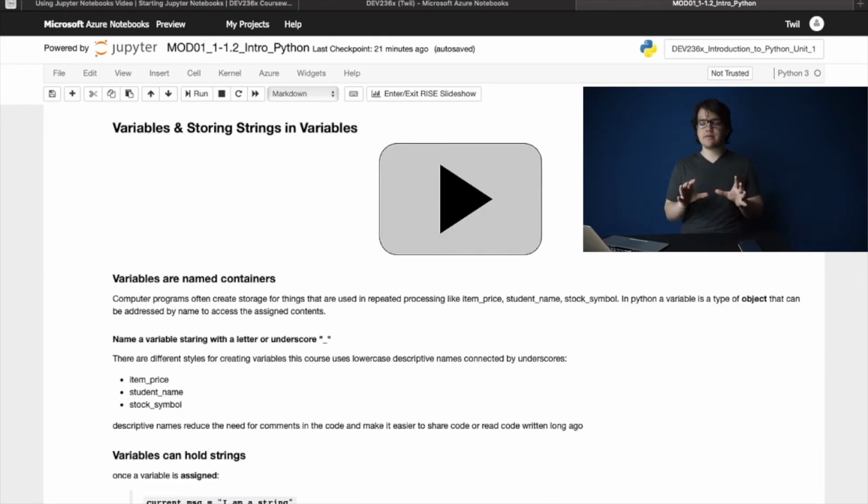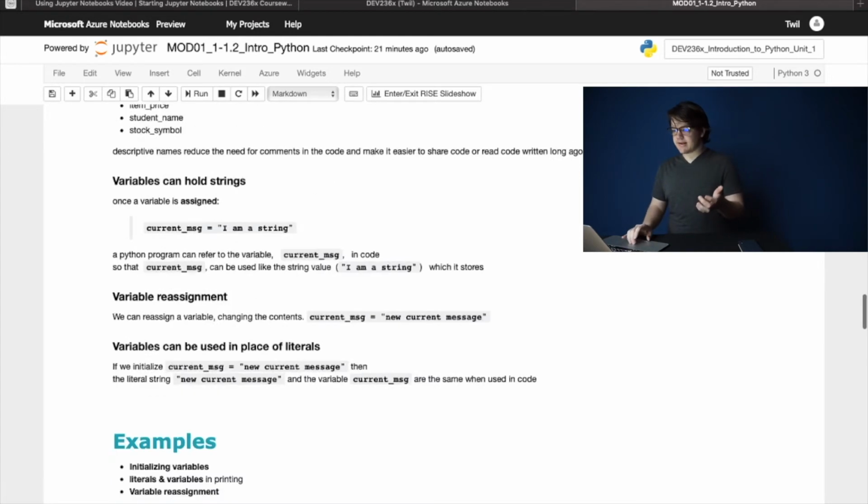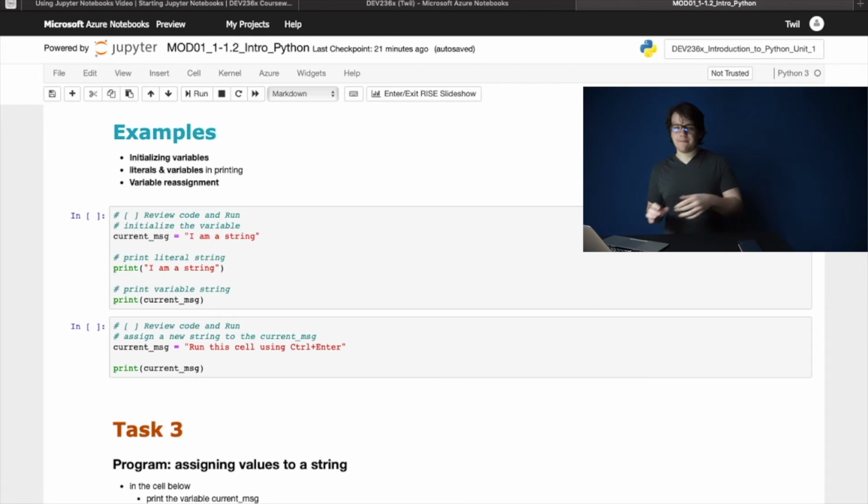Next is variables and storing strings in variables. So imagine a variable like a box, or like how they say here, containers. You put things inside and you label that box with a name. So that's how you need to imagine a variable.